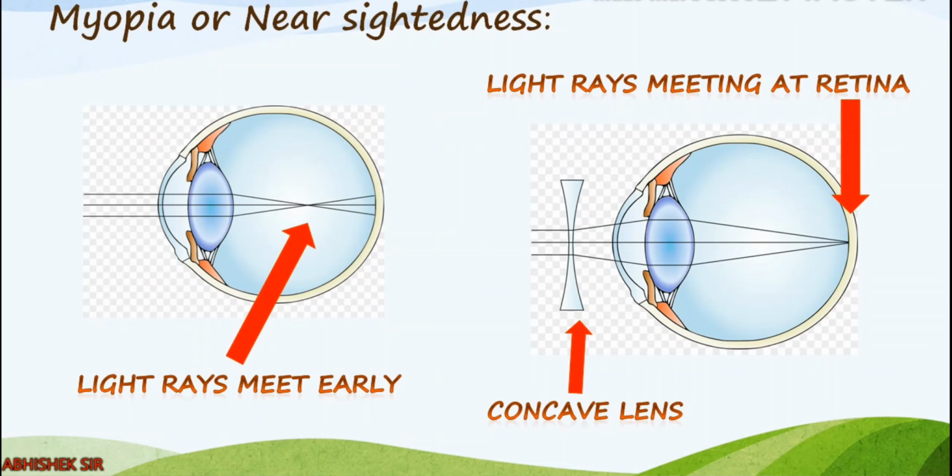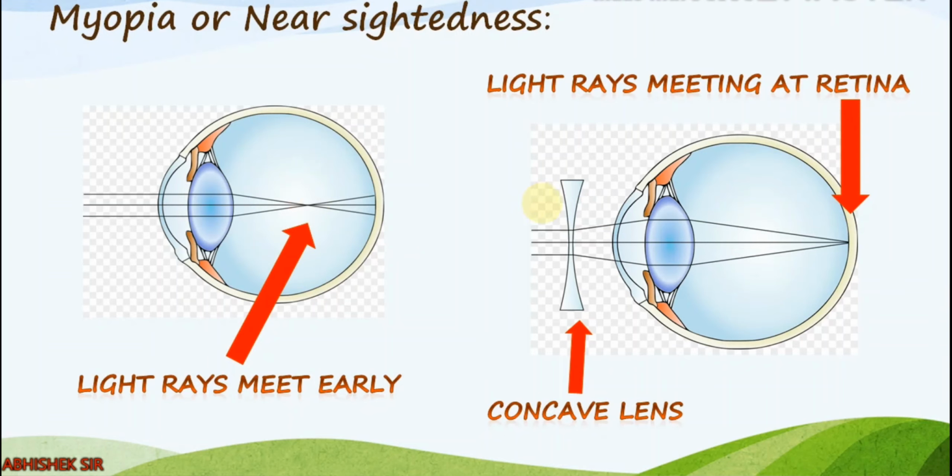Now, starting with myopia. We all know that the light rays which come inside our human eye must fall perfectly on the retina so that we can see perfectly. What happens in myopia is, you can see on the left-hand side a myopic eye, and the light rays are coming and going inside successfully, but you see this arrow, the light rays are not meeting at the retina but in front of the retina, right? So they meet early. So the person suffering from myopia is not able to see the perfect image.